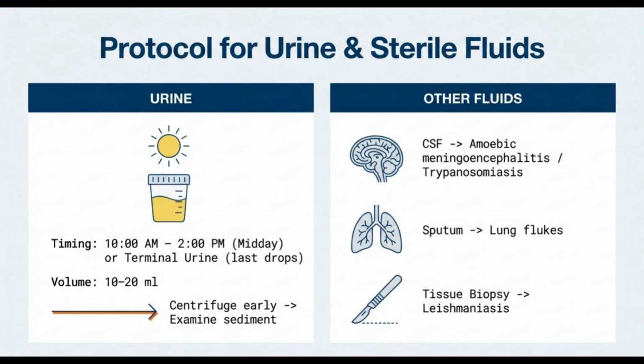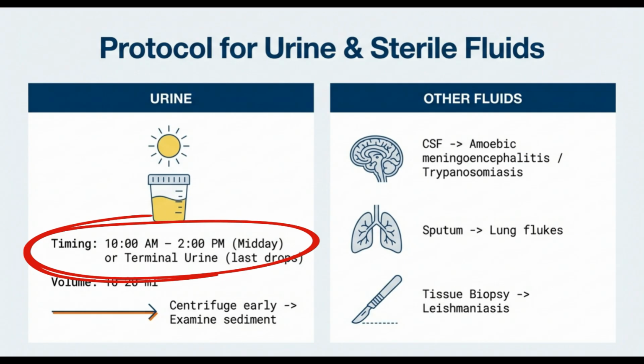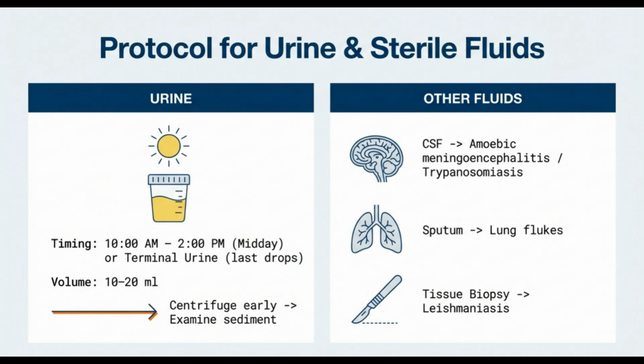And beyond stool and blood, other fluids have their own specific rules. For urine, again, timing is key. The best sample is collected midday, between 10 a.m. and 2 p.m., or it should be the terminal urine, the last few drops, because that's where parasite eggs, like those of Schistosoma, tend to gather. You need about 10 to 20 milliliters. That sample is then spun down early in a centrifuge to create a sediment, and that sediment is what we